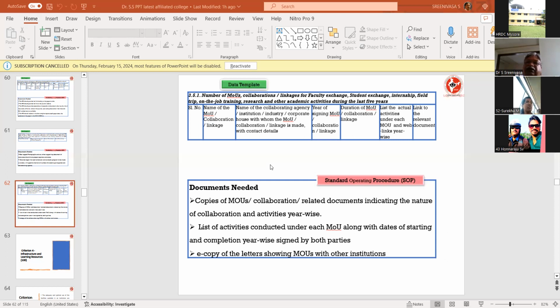Many times it happens that if I get some money from an agency as consultancy fees, I will not be able to get anything. Everything goes to the university or the institution. Why should I work? These types of thoughts will be there, and there is no clarity for the person whether I can do the MOU or not. If I do an MOU, what happens? If I collect some money from that, what happens to me? All this confusion is there.